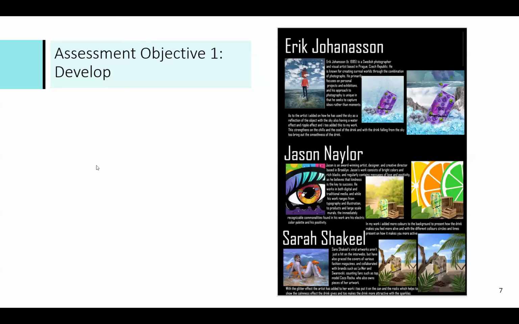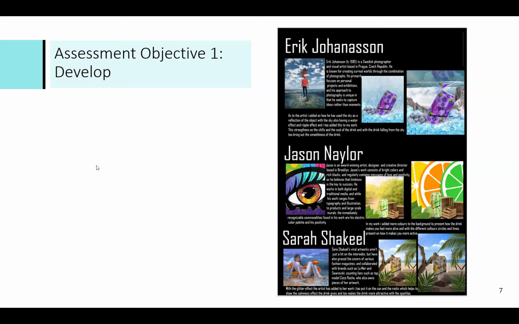So it looks like they formed their ideas directly from this, their starting point on artist, because they've been inspired by the artist style in their work. But there is no evidence of the digital process they went through. Although it is obvious that they've designed the cans, and it's obvious that they've used images that reflect the names of the energy drinks, they have not shown the process as we saw in some of the work yesterday,